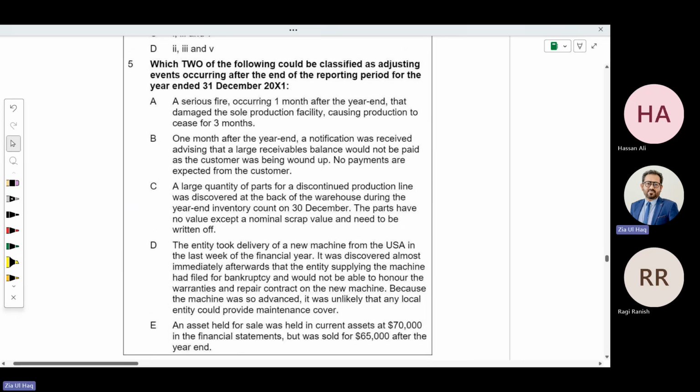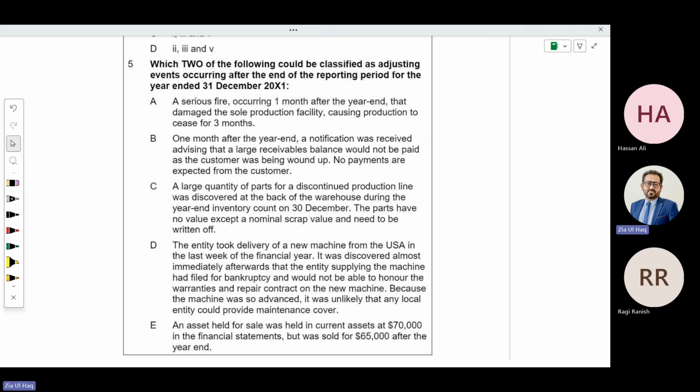Which two of the following could be classified as adjusting events occurring after the end of the reporting period for the year ended 31st December 20x1? We need to identify two adjusting events. A serious fire occurring 1 month after the year end that damaged, no, this is non-adjusting. One month after the year end, a notification was received advising that a large receivable balance would not be paid,